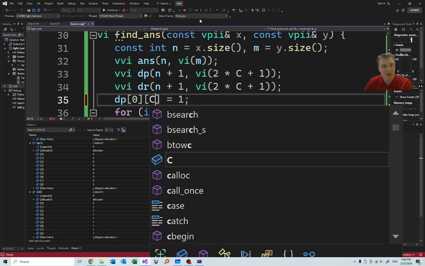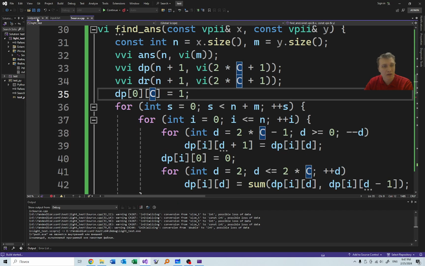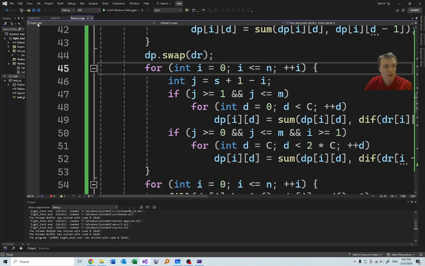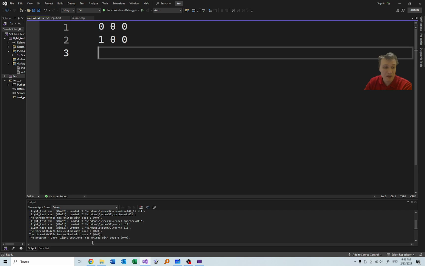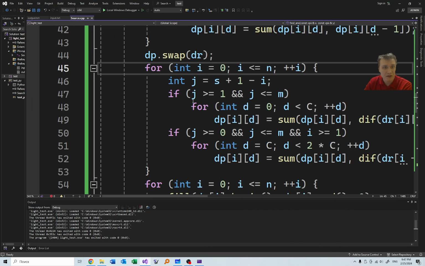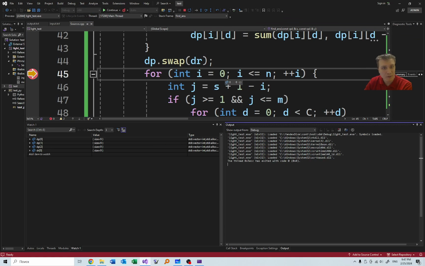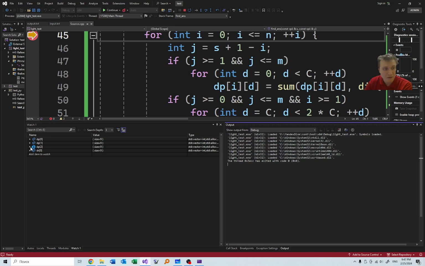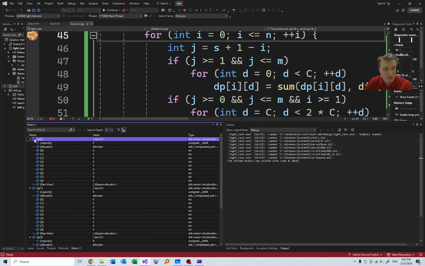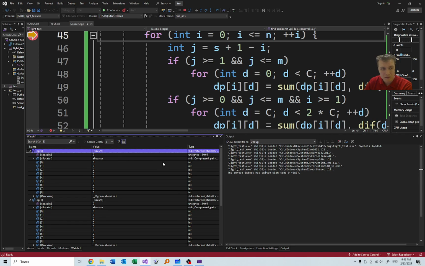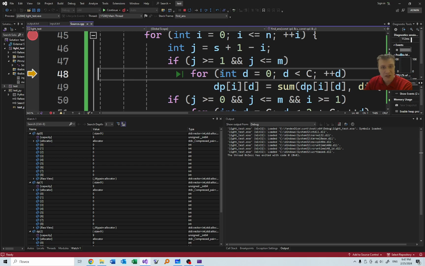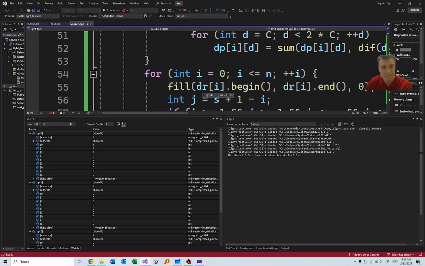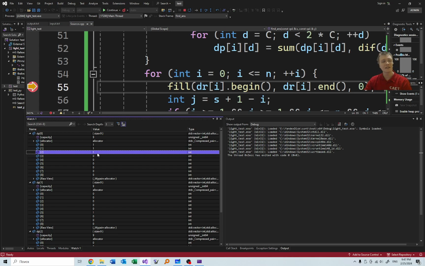Ah, it should be dp0c is 1, I think. Yeah, it should be dp. Still the answer is not understandable, to be clear. To be honest with you, the answer feels strange. But let's see. Okay, now it says, for example, what is this strange answer? Ah, it says that if I want exactly one